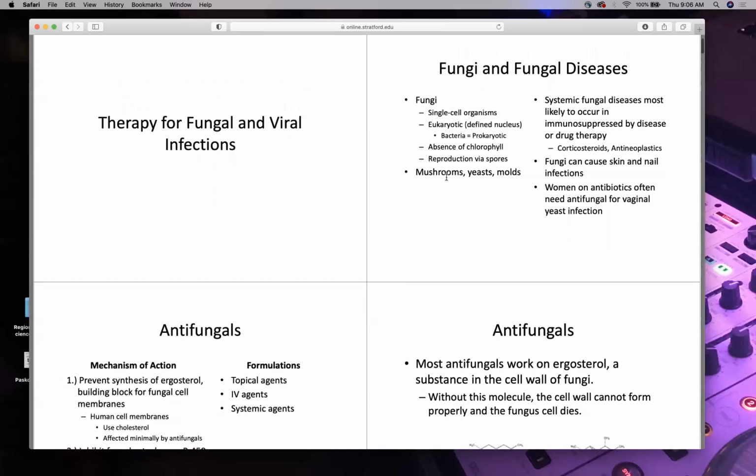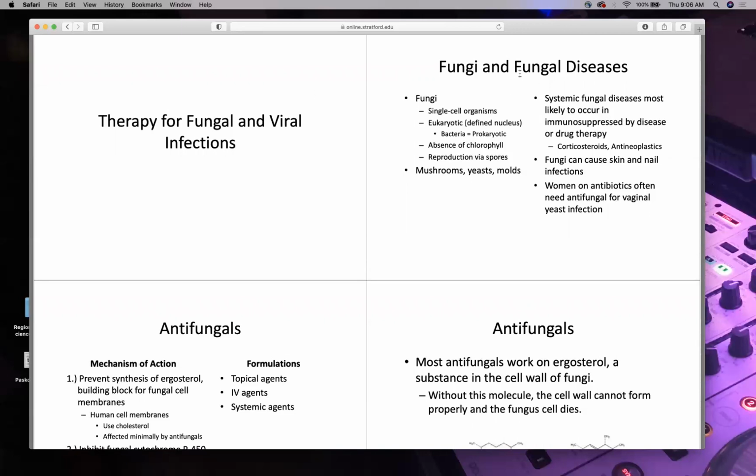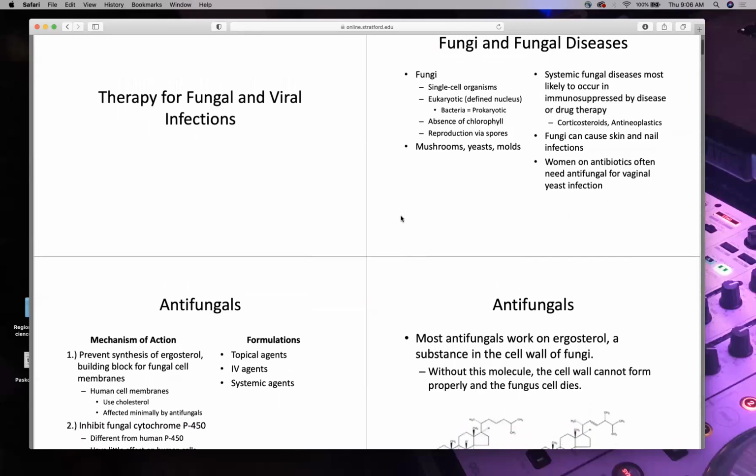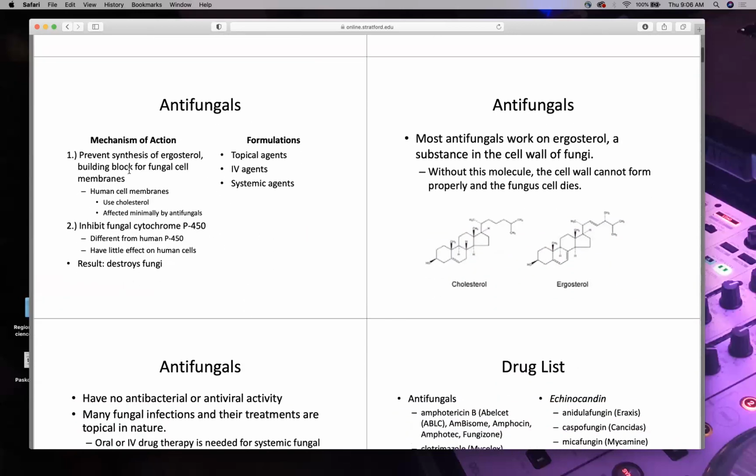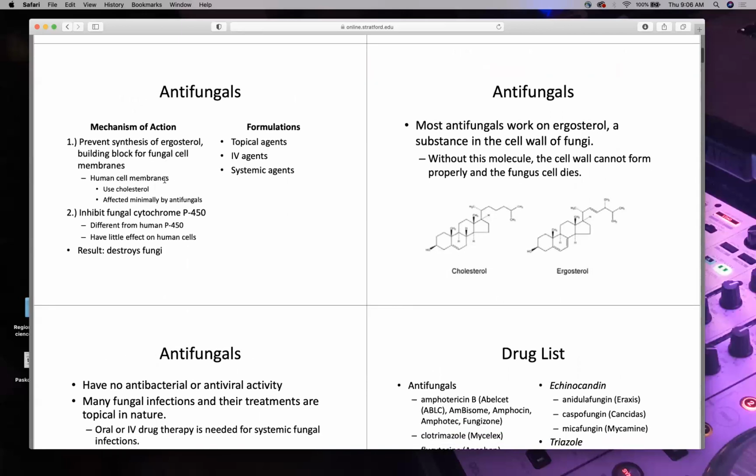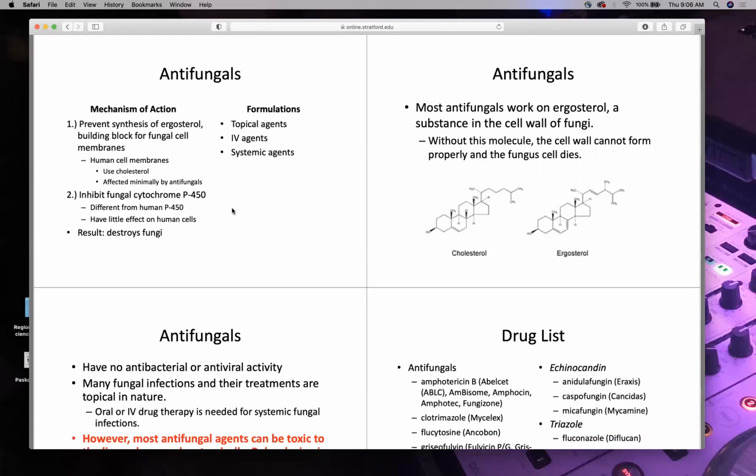But for exam purposes, antifungal is only good for fungus or a yeast, or a mold. Antiviral is only good for a virus, okay? So the mechanism of action is, just like penicillins, they like to mess with the cell membrane. Remember, like we mentioned last week, you poke a hole in the cell membrane, it's like poking a hole in your skin. The patient will bleed out, right? And there'll be no barrier, and all fluids and items will go in and out, and then the fungus will die.